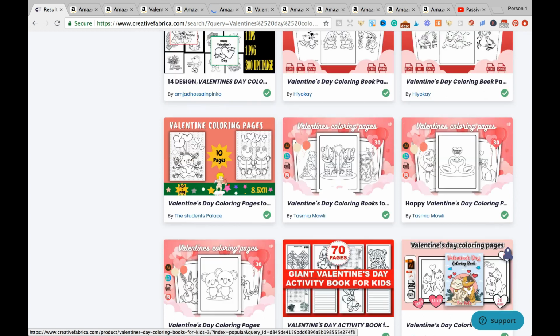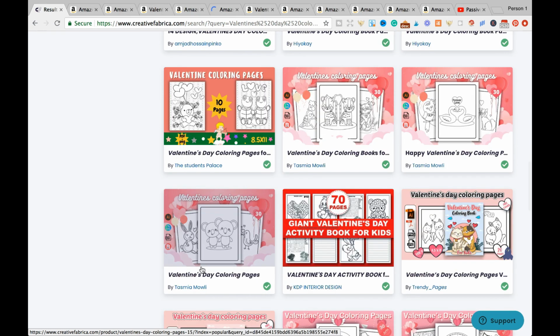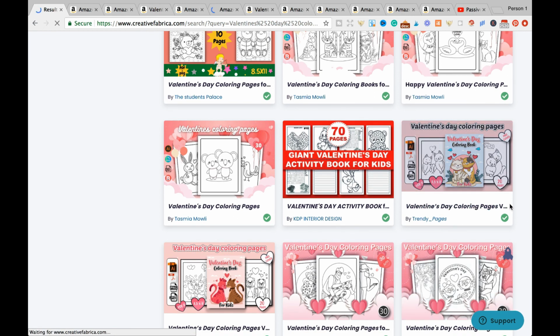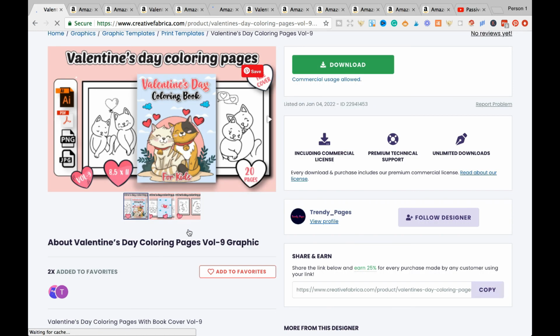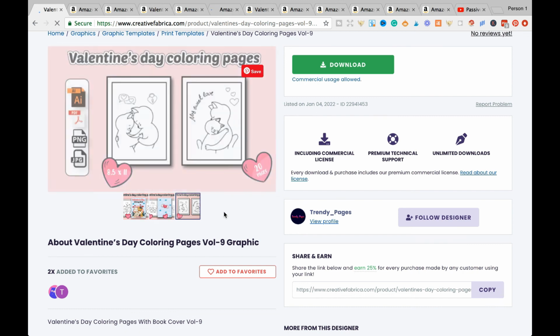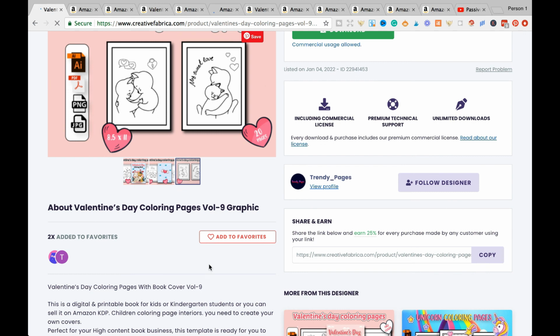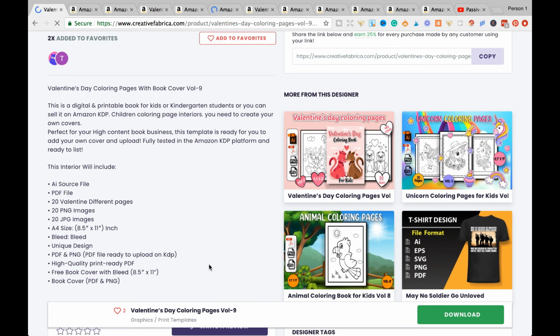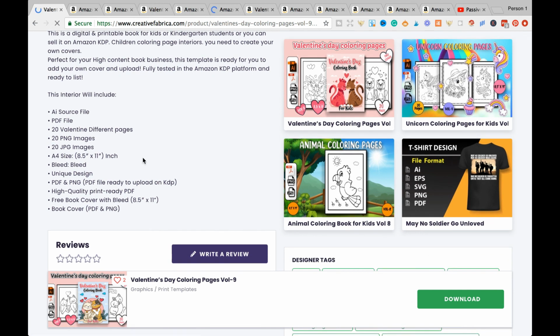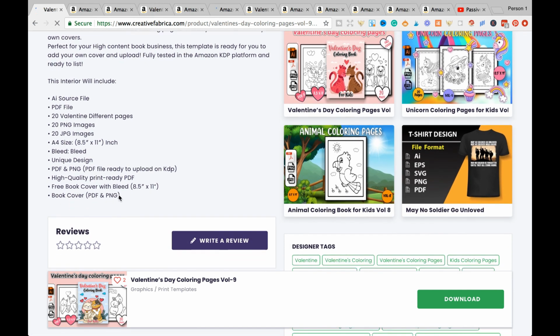So let's have a look at other examples as well, and you can find so many examples for children's coloring pages, Valentine's Day themed, animal Valentine's Day coloring pages right here, and they're also really easy to customize. Now when it comes to coloring pages, I would like to see if the total pages are less than 100 pages. If so, then I'll be able to easily upload them on Canva using the upload PDF